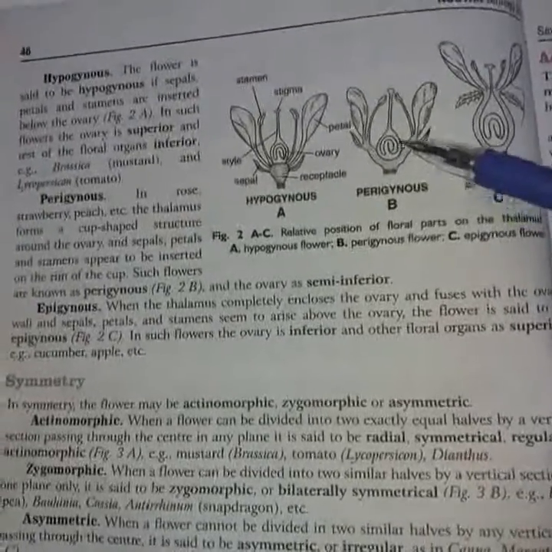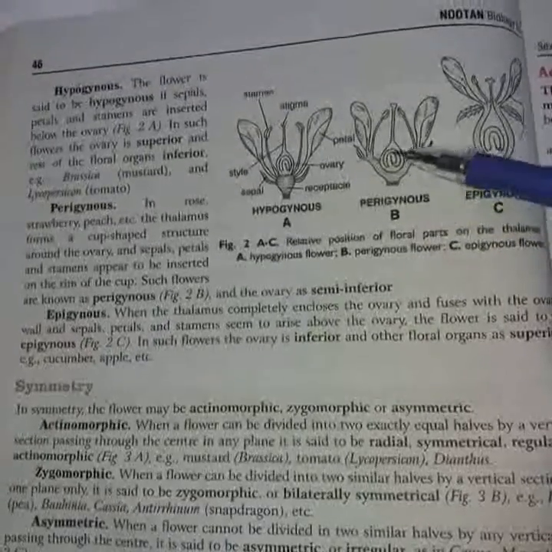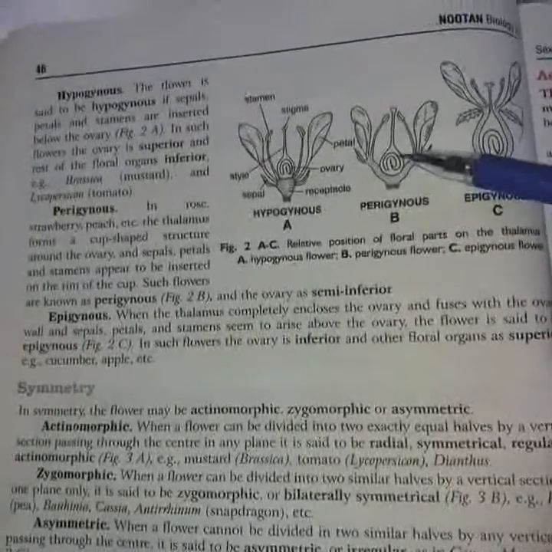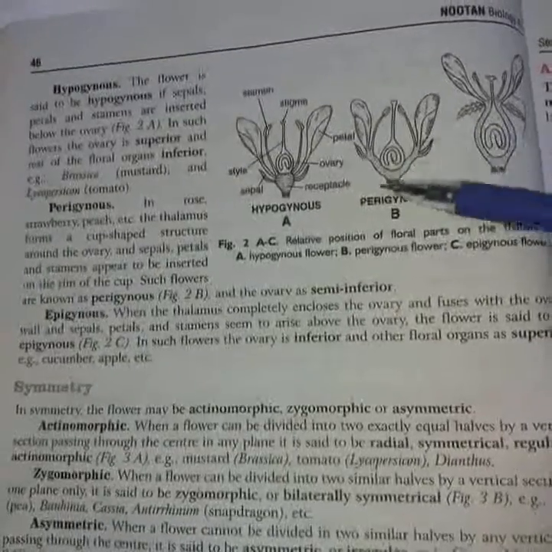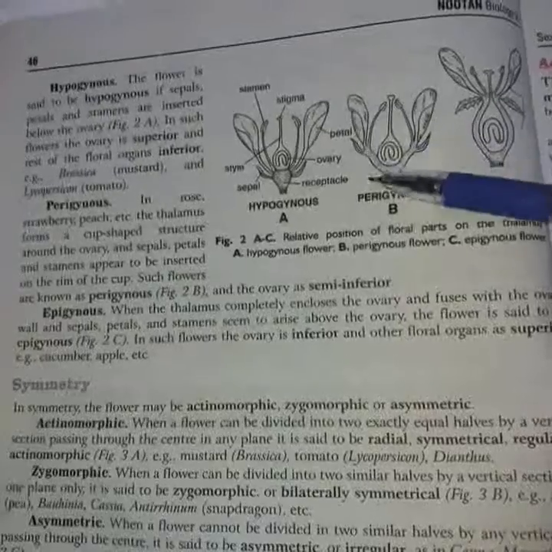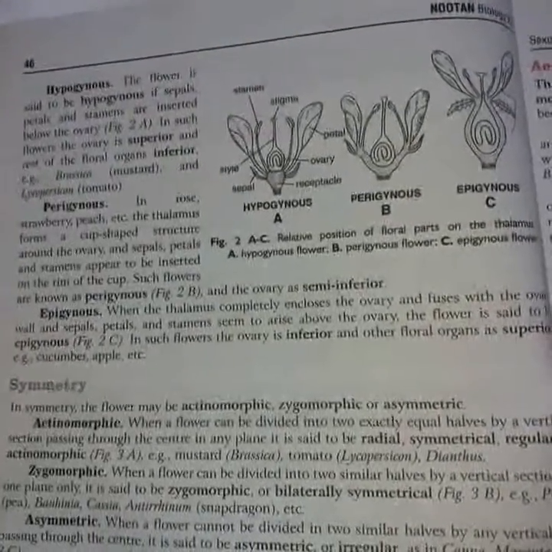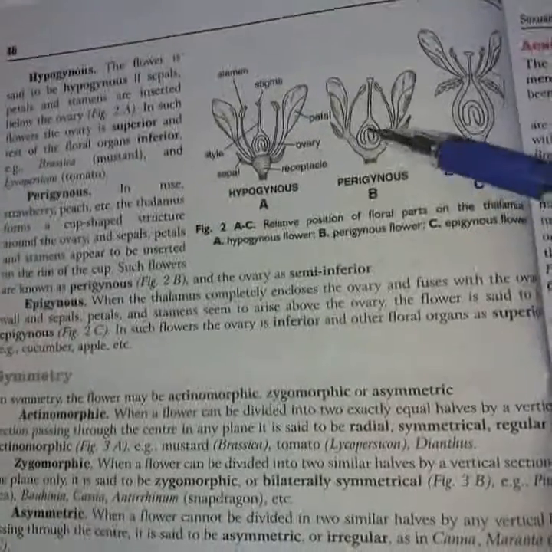In an easy way, when the thalamus covers half of the ovary in a cup-shaped structure which bears petals and sepals, it is called perigynous. This type of ovary is called